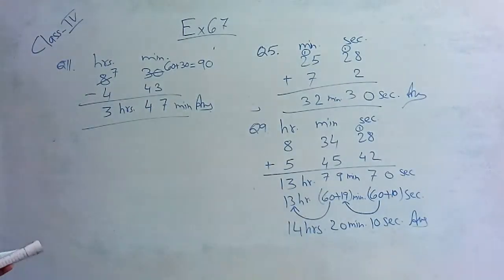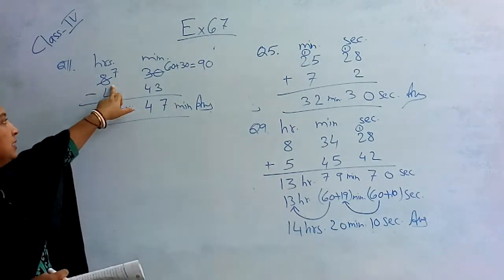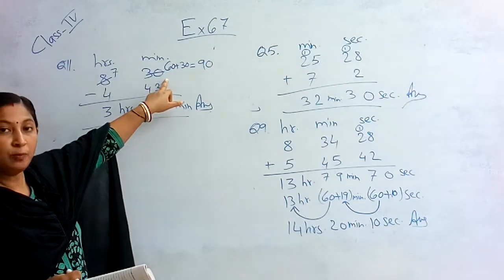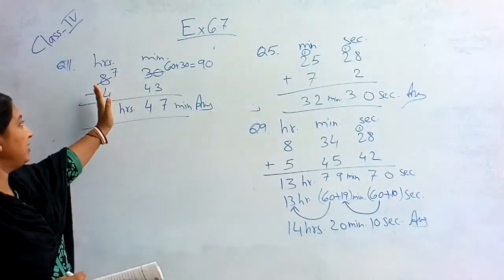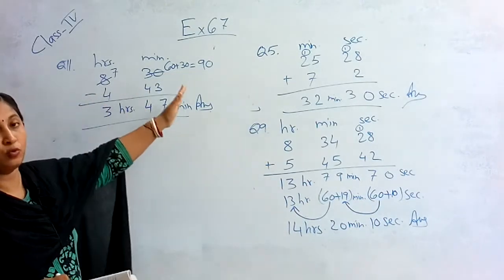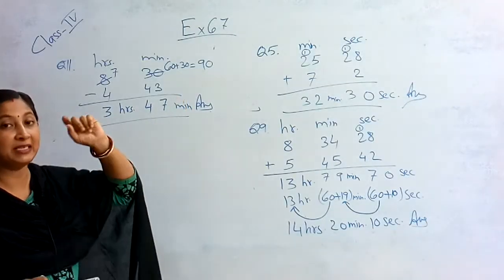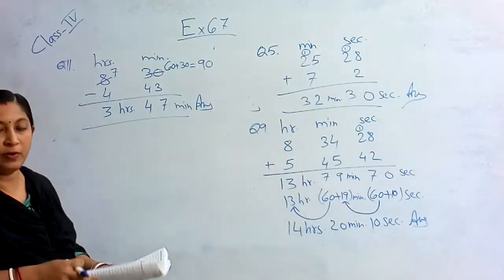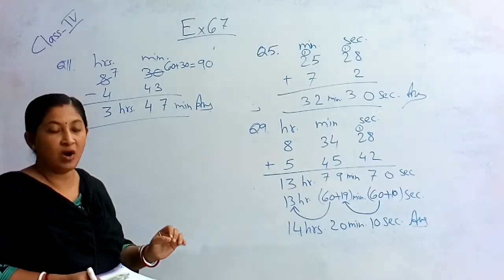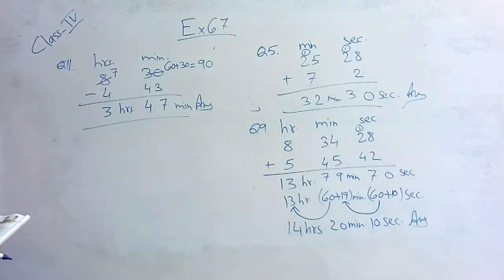So in subtraction, you have to carry from hours, but when it goes to the minutes, it will convert into minutes. Okay, and if here it is minutes and here it is seconds, so you will carry from minutes and it will go to the seconds and it will convert as 60s. Okay, because 60 minutes make 1 hour and 60 seconds make 1 minute. Now question number